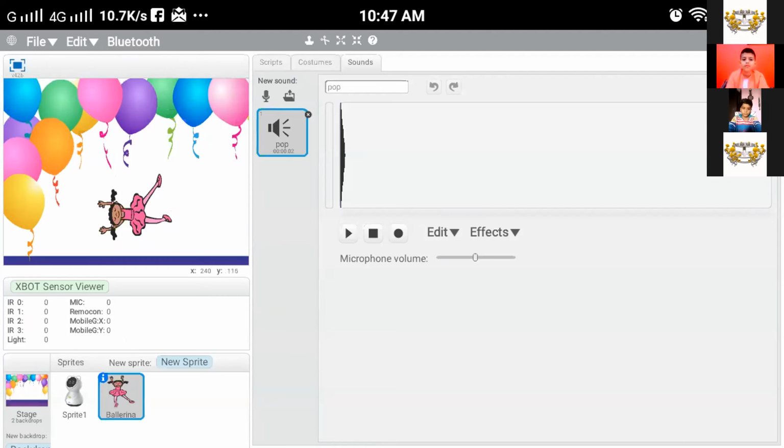The problem is it is a little difficult to click on the icons on the phone. Otherwise, the rest of the things are the same as we are doing on the computer. But the clicking is not impossible. So you have to keep on trying and you will be able to click at last. I hope it is clear to everyone. The process is the same. You have to keep on clicking and you will be able to select the thing which you want. Okay, so I think it is clear to everyone how you can do it on the phone and how you can do it on the computer.